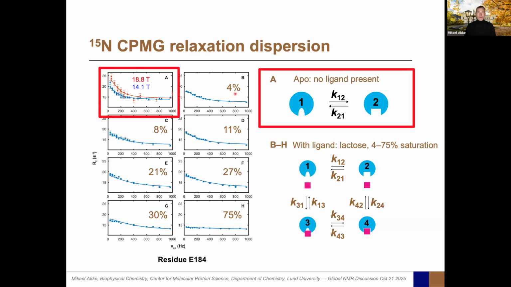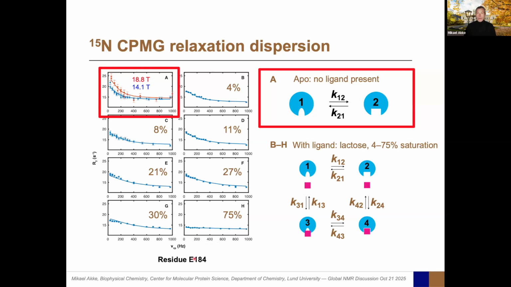So let's focus on how we went about this, and let's focus initially on the data for the apo state. Here in our model, we only have the exchange between states 1 and 2, and you have the forward and backwards rates. And as you can see, we do measure exchange. There's nice dispersions here, and all of these panels are for residue 184, which is a key residue coordinating